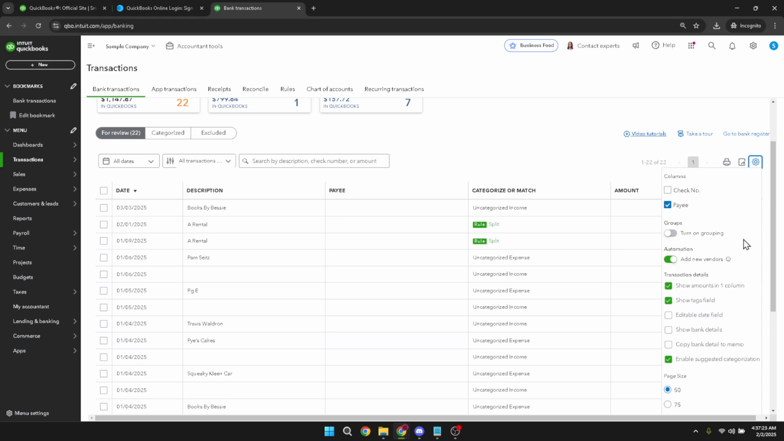And there you have it, a quick and straightforward way to set up automatic matching in QuickBooks Online. By following these steps, you can streamline your transaction management process, minimize errors, and save valuable time for more critical